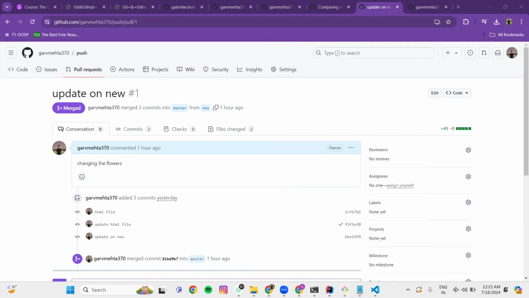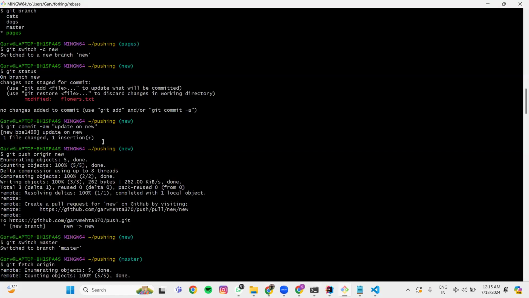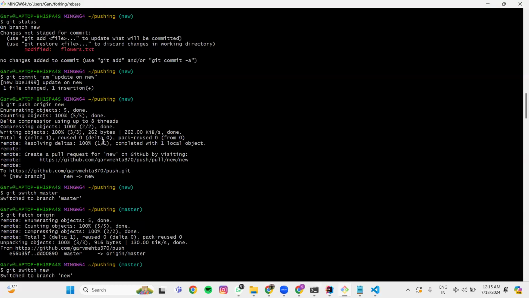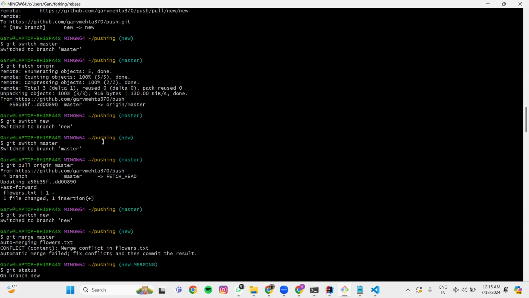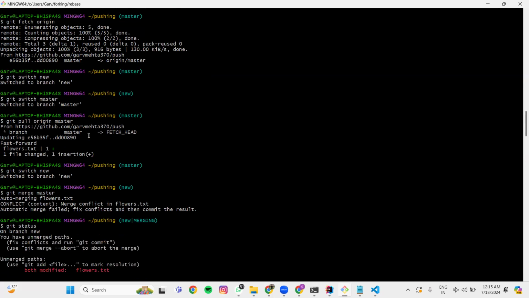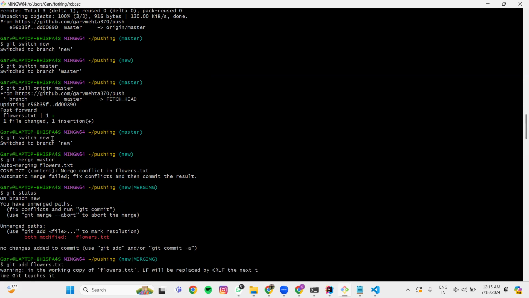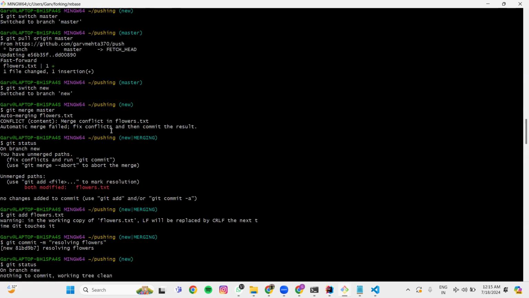So for that, first we switch to master, and first we will have to pull the changes that we made on the origin, and we pull those changes, and then we switch to the new branch and we merge master there. Now we see that conflicts arise. This conflict arises because of the changes in this file,